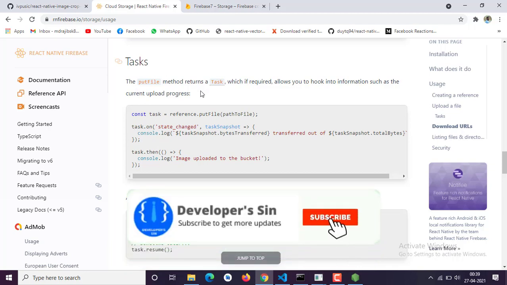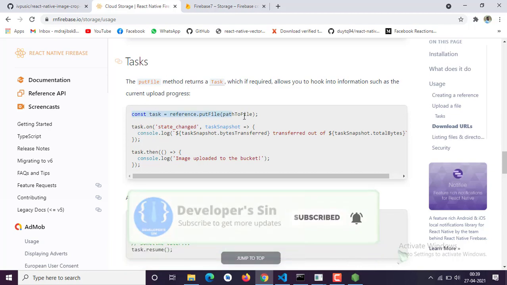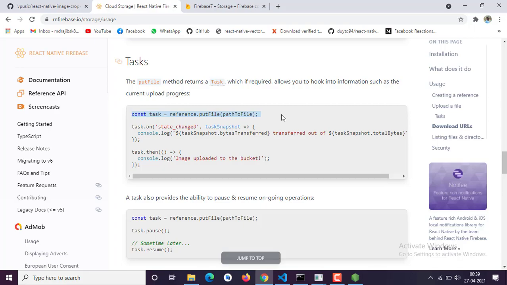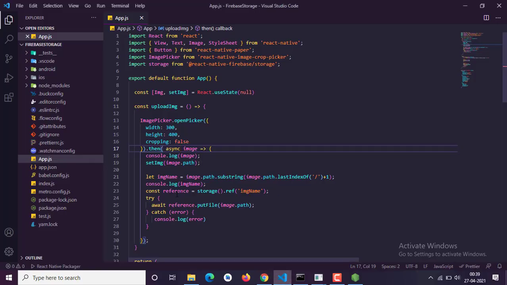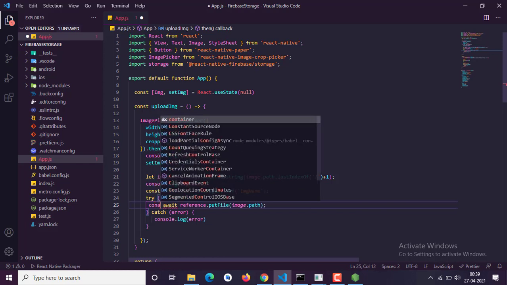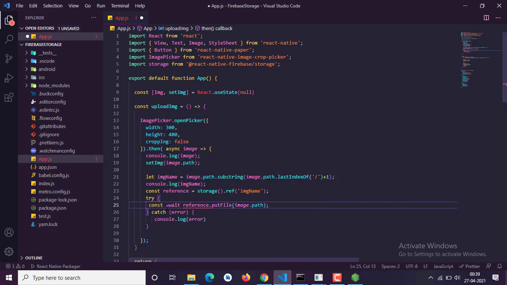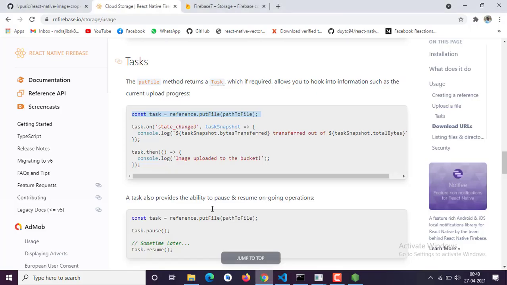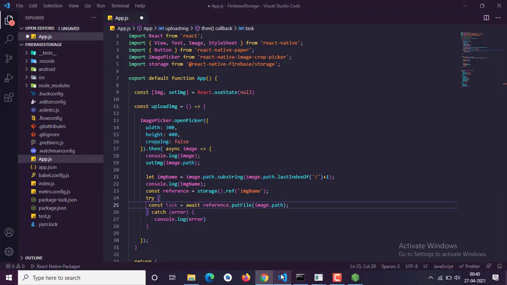We're going to have a task, and we can store that whole thing, I guess we are uploading that thing, in a constant. And on state change